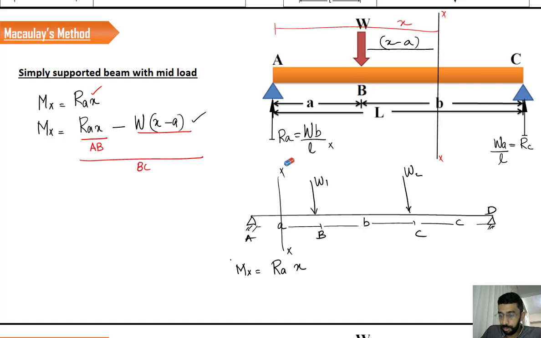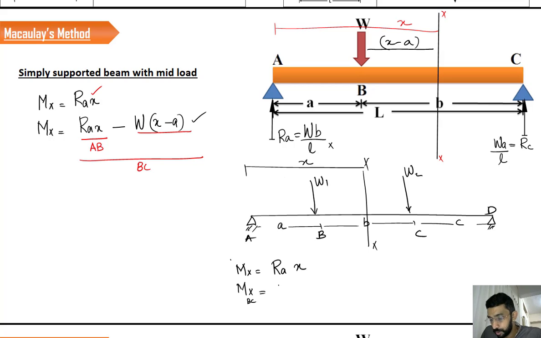Now as I told, I am changing the section from AB to BC. Now the section is here. I define the distance X like this. So if I take the section X in between BC, then how is the equation going to be? Ra into X minus W into X minus A. See? Right? So you can see that the equation for Ra into X has been reflected in the equation of BC,